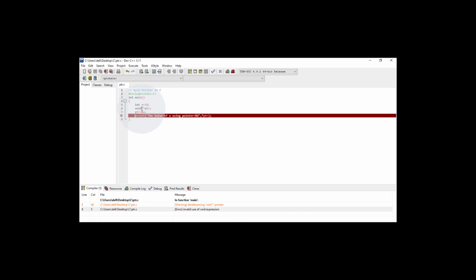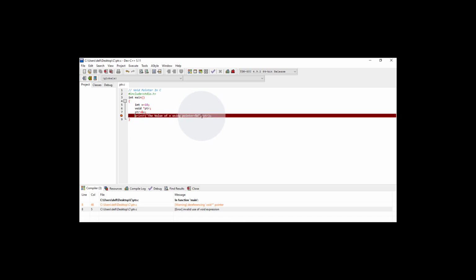If we have to reference a value of integer type, then this variable must be of integer type. This pointer is of type void, so it doesn't have any data type. So here we have to use the concept of dereferencing.